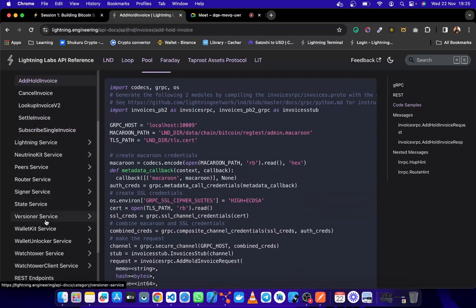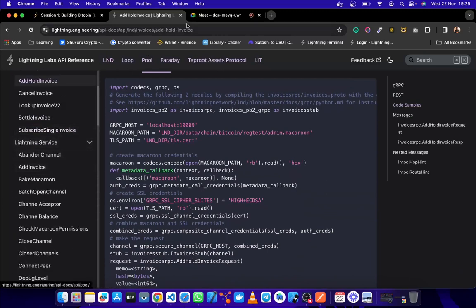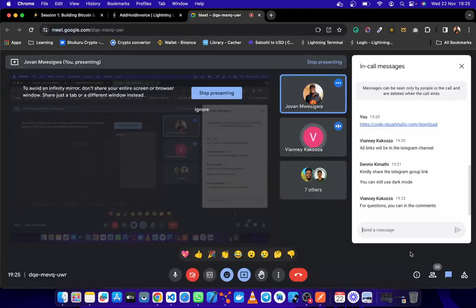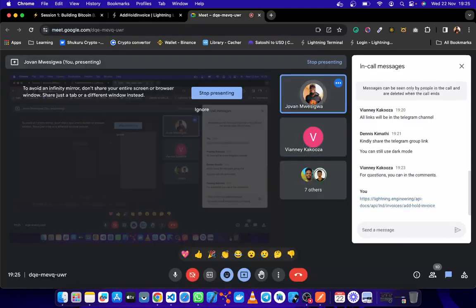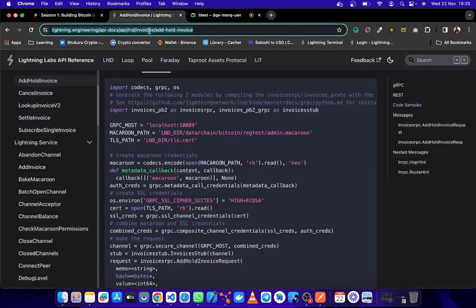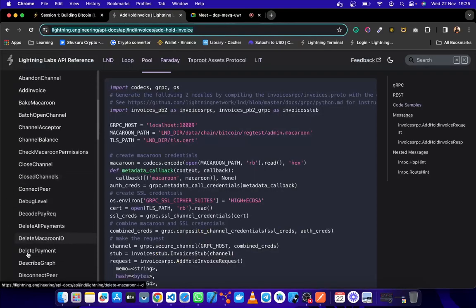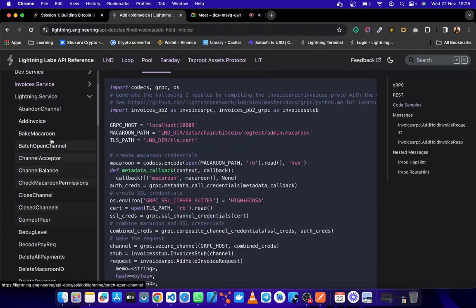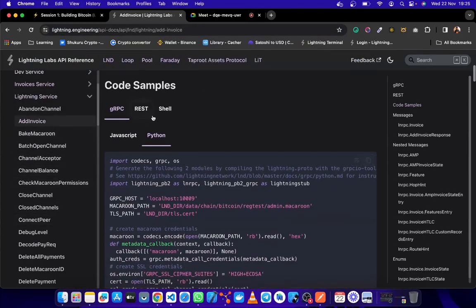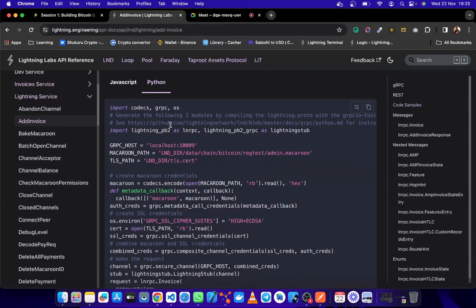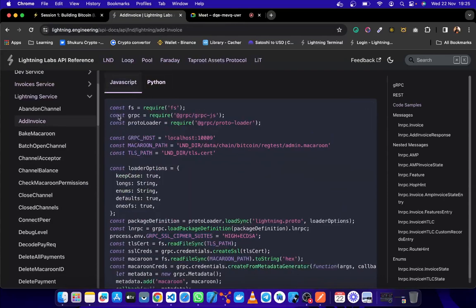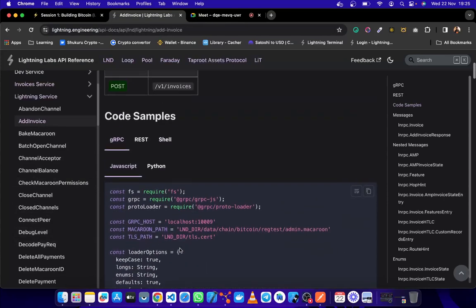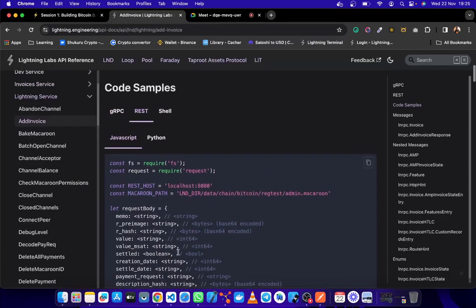So this is a very good resource, and if you want to expand on that, I'll drop the link in the description. This is what mainly we are going to be building upon. We are going to call these API endpoints, just to show you how everything works in the background for the service.